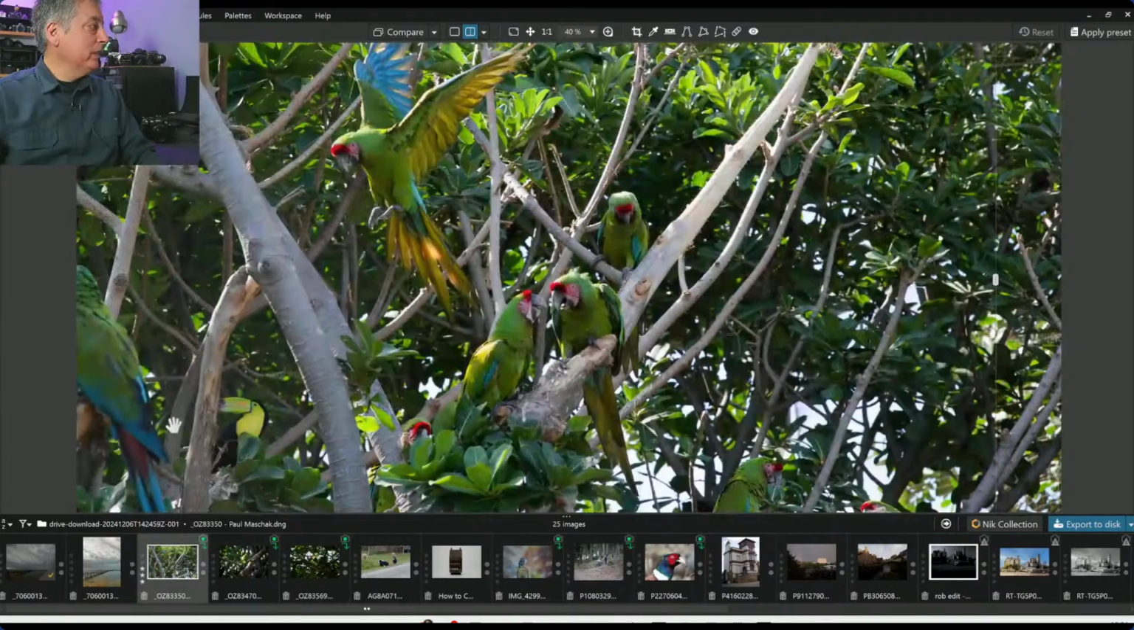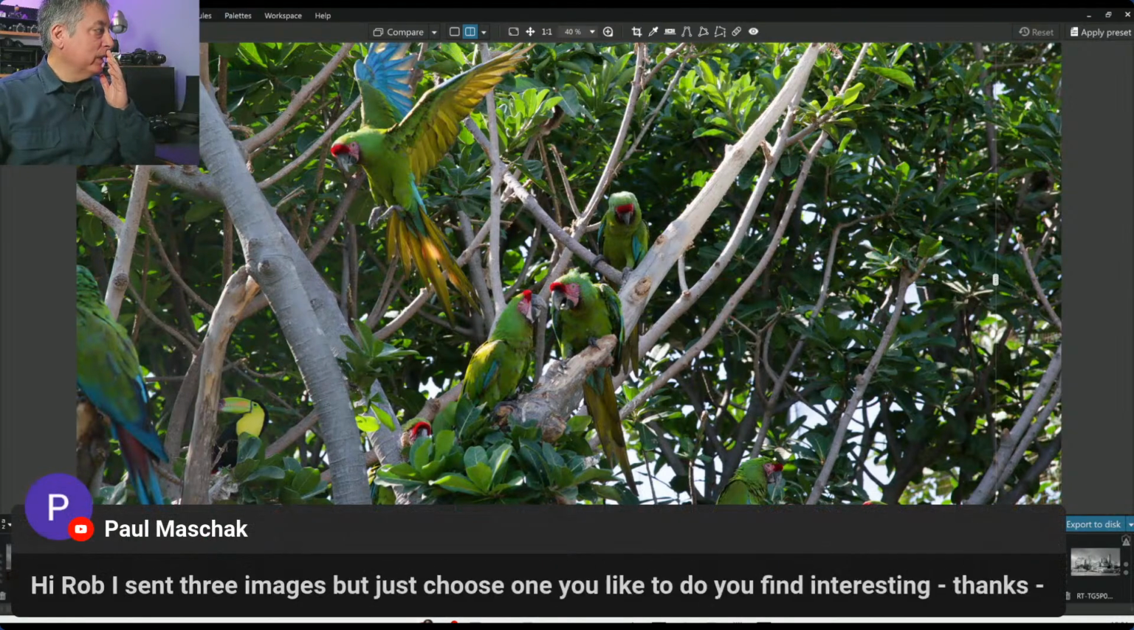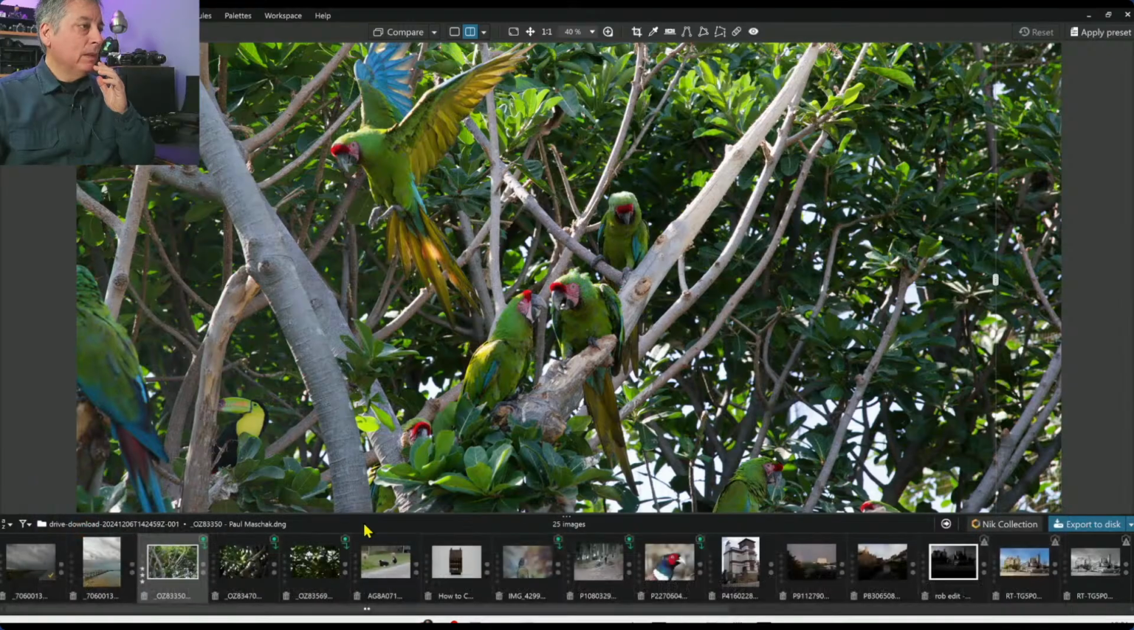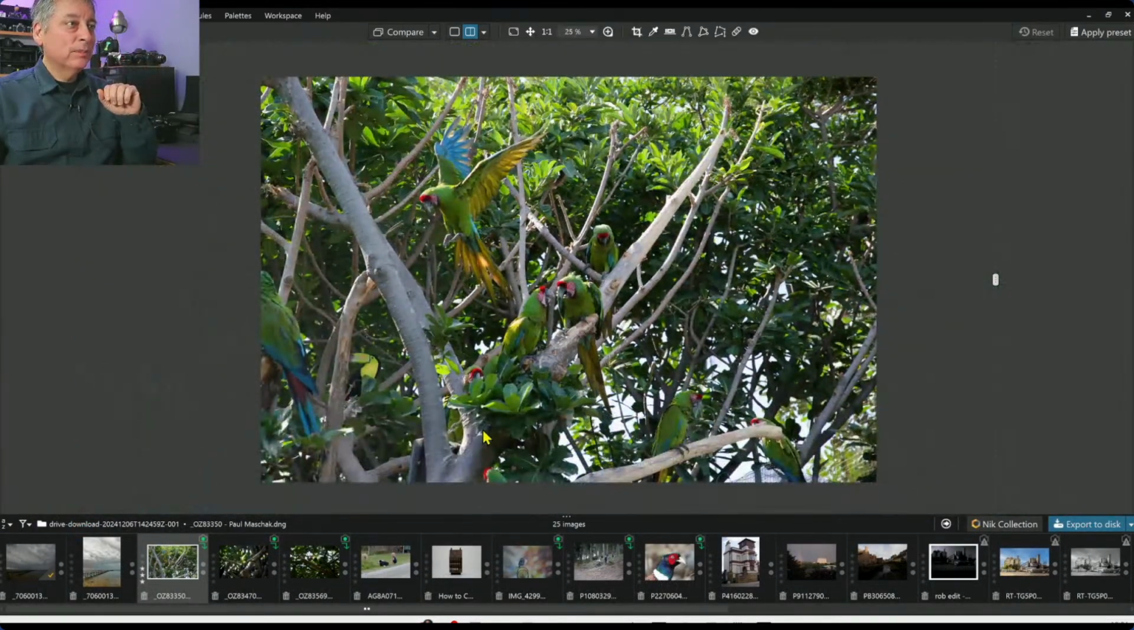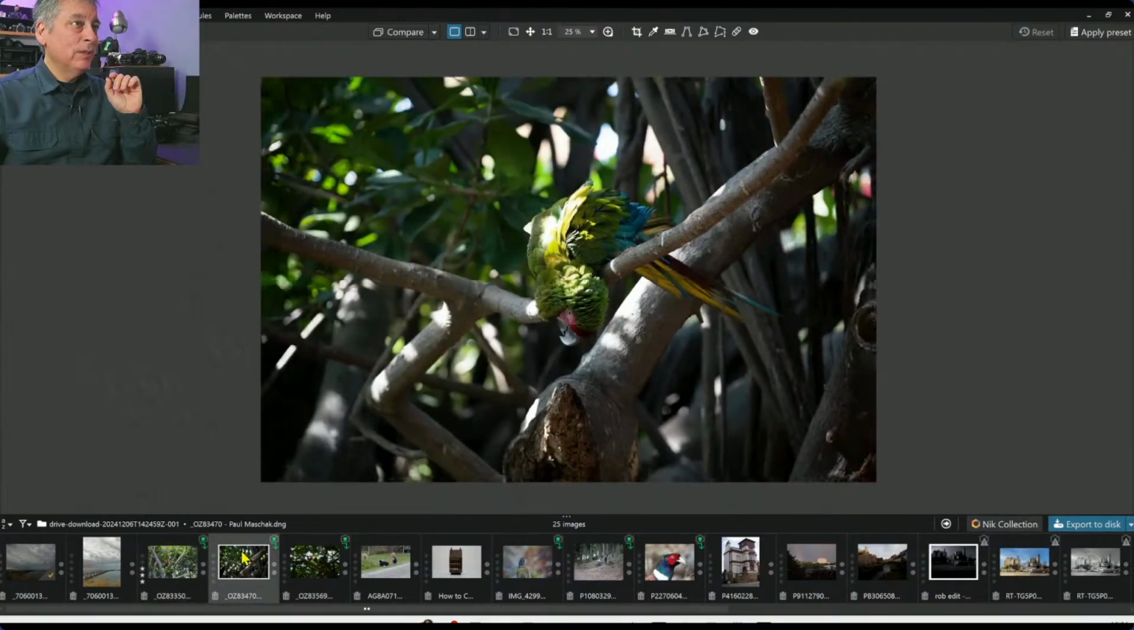Okay, and the next one here. So I think I saw a message from Paul. Said I sent 3 images, but just choose one you like. Okay. So yeah, generally I only like to get 1 image at a time from each person because I spend a lot of time on them, maybe too much time, and I want to get to everybody, as many different people as I can. So this is an interesting image, and then we have this bird